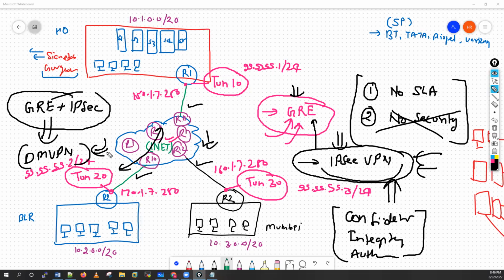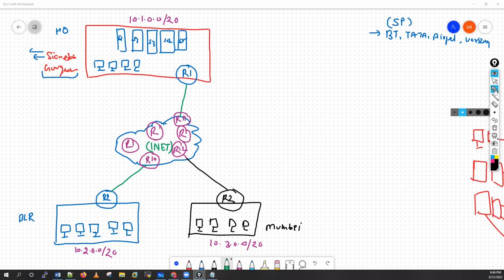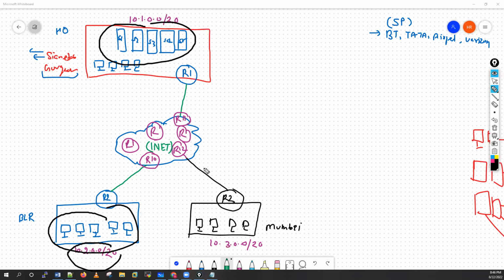People started using this particular solution a lot because you will get the security. Whatever traffic is flowing from these users and these servers, or whatever routing information you are advertising through the internet, now no one is able to see what information is going, because everything is encrypted and hashed,